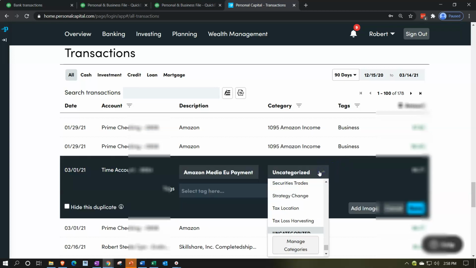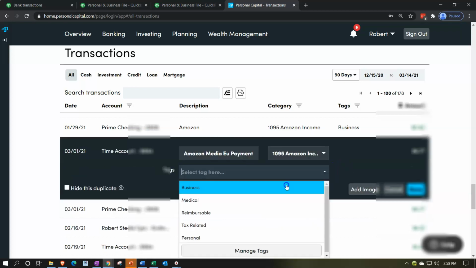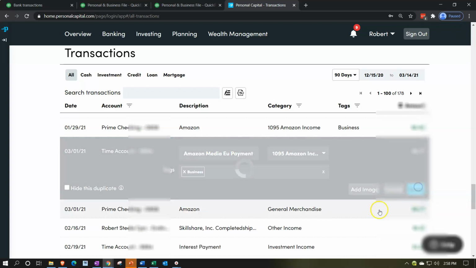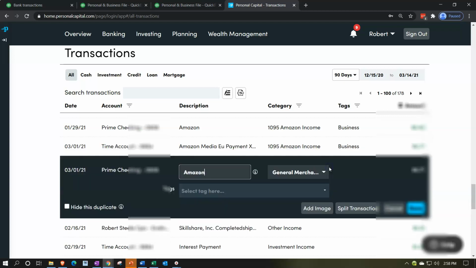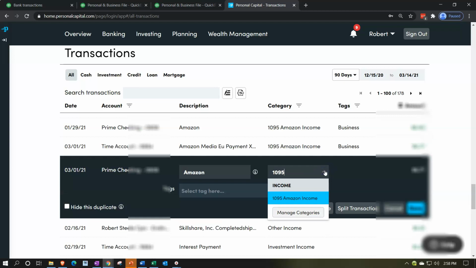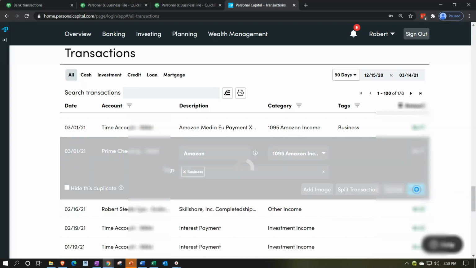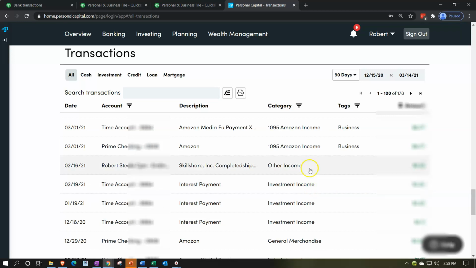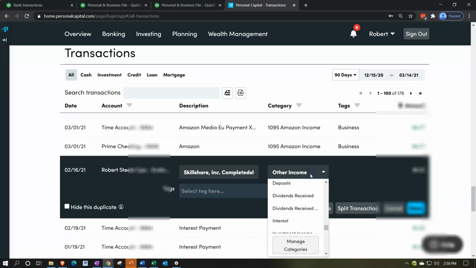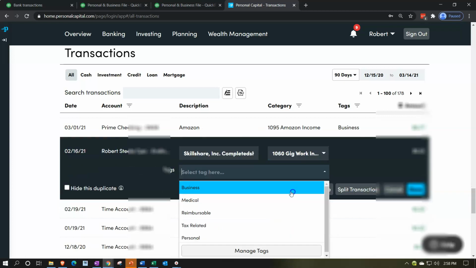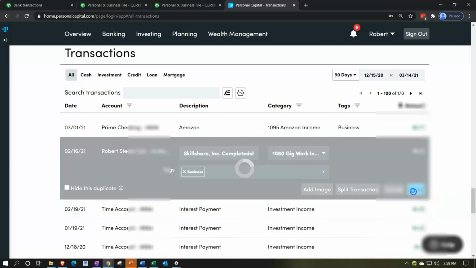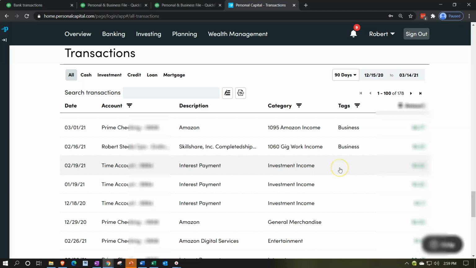Amazon, so 1095, business and done. And then Amazon 1095, here, business and done. And then Skillshare, it's going to be gig work, we're saying 1060, business and done. And then investment,